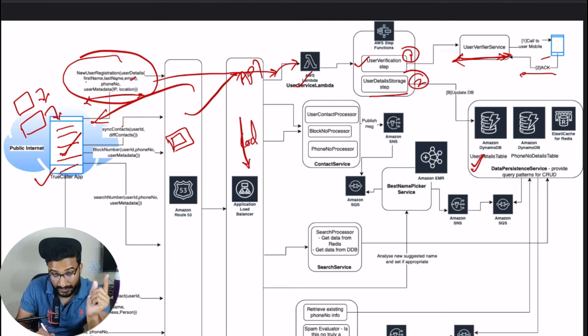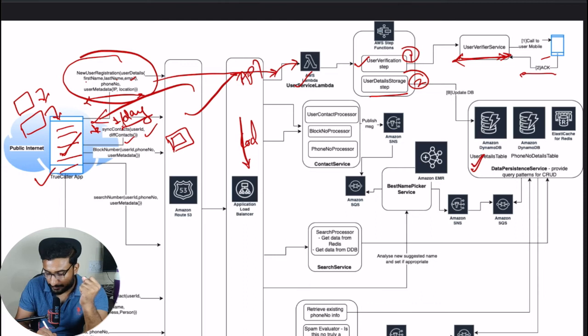So in the first scenario, I will be passing all the contacts. In the second scenario, whenever a user is adding new contacts, this sync API will be invoked in the background, say once per day or once per hour. Whatever the frequency is, this sync contacts API will run in the background to pass on all the newly created contacts, basically the diff contacts. So you will pass on the user ID and the diff